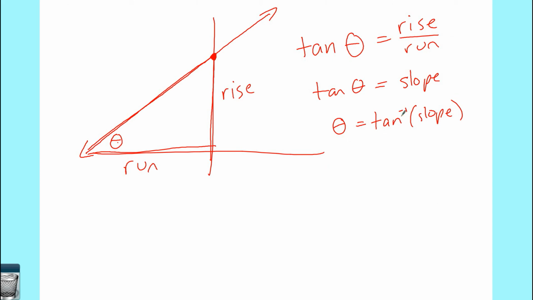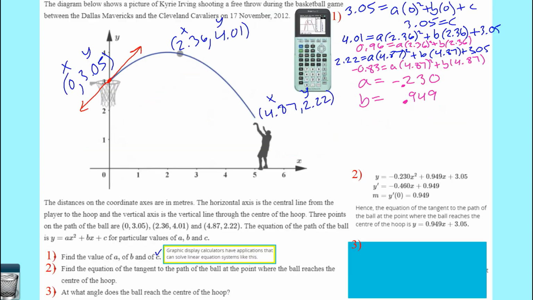The inverse tangent of your slope is the angle it makes with the ground. So the inverse tangent of my slope, what was my slope again? Oh yeah, that tangent line, and there's our slope. So inverse tangent of 0.949 is just,